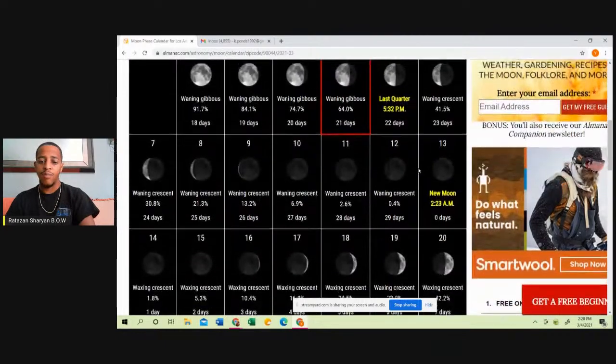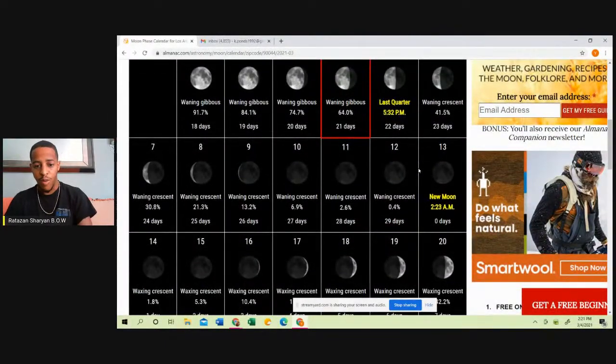Now, the reason why this would not be correct is because, remember, let's go back to Leviticus 23. This is the reason why this particular new moon will not be the new moon to start the new year. And we're going to go back and we're going to read why. When you read Leviticus 23, verse 4 again, it says, "These are the feasts of the Lord, even holy convocations, which ye shall proclaim in their seasons."